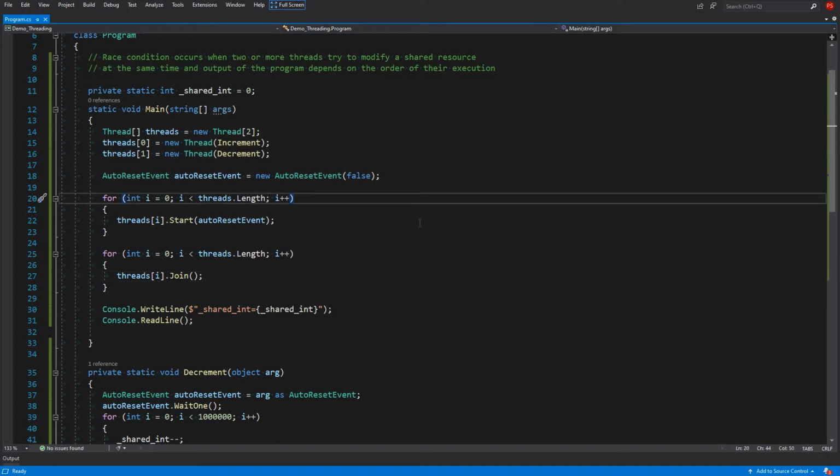And today we will be looking at another construct which is called lock, and by using lock we can protect our shared resource, and our shared resource is this shared int.